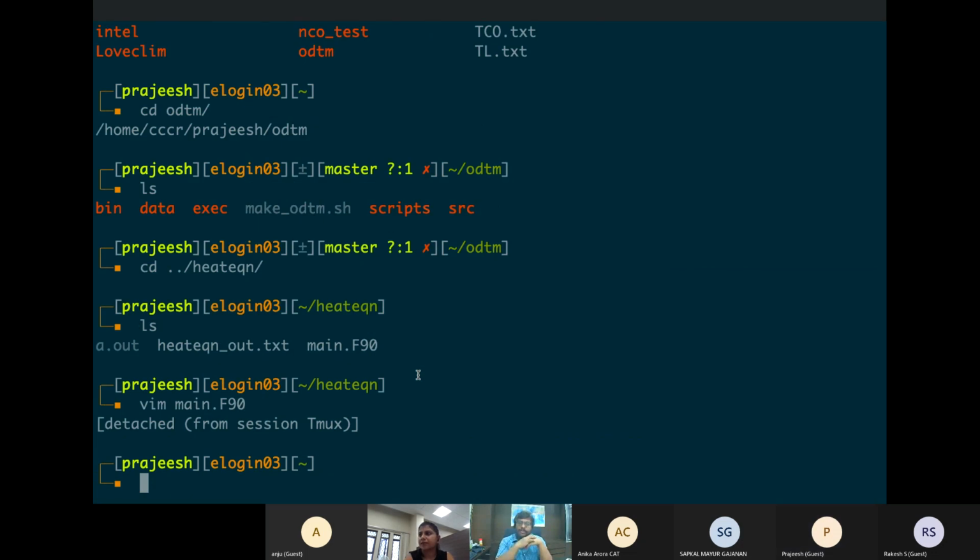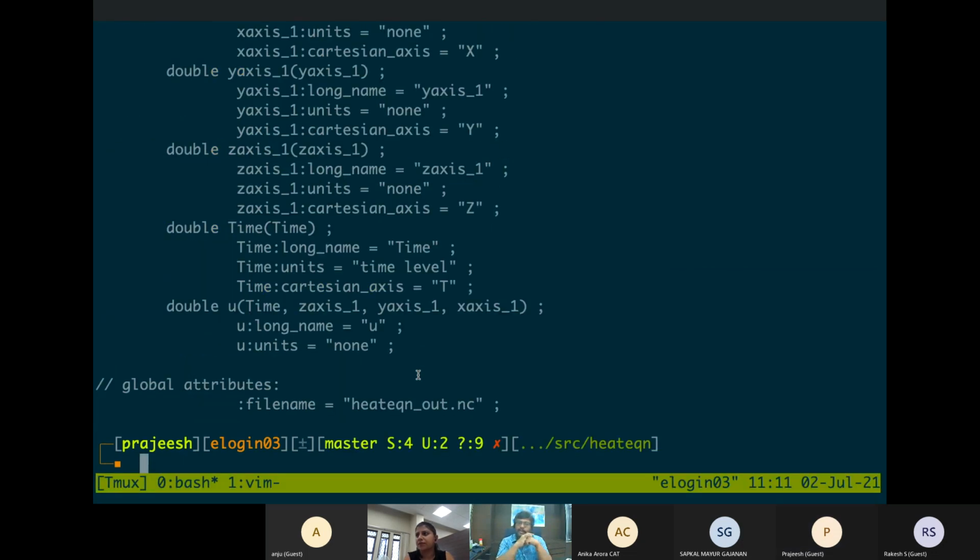Rajesh, these attributes of NetCDF, will FMS contribute them from its own side? You can see there are not many attributes here. Units are none. Long name is just U, the name which we gave already.